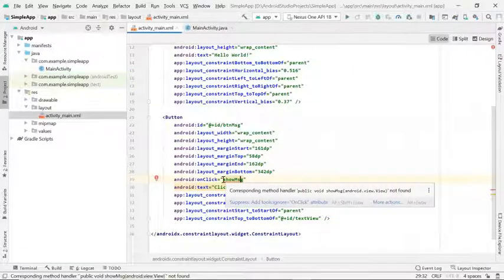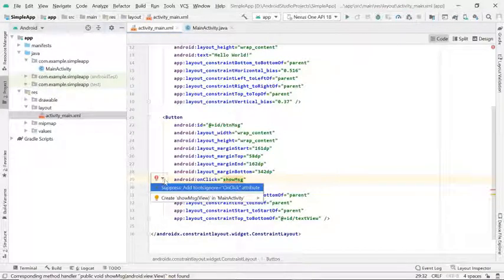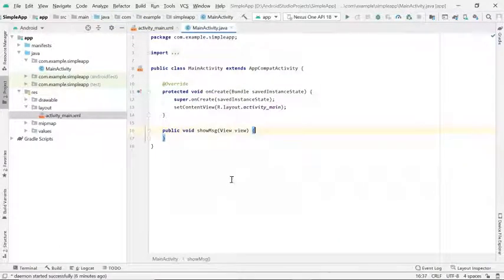Now it is showing a red underline because that method is not present in the Java file. So I will just select this option and create showMsg in MainActivity. It will automatically create a function for us in the MainActivity.java file.